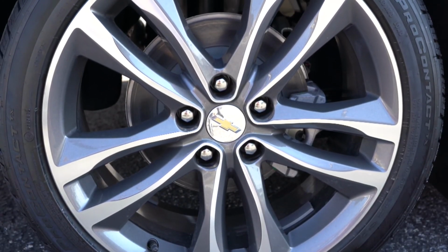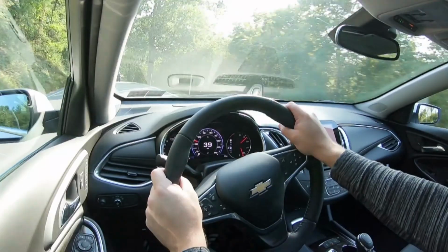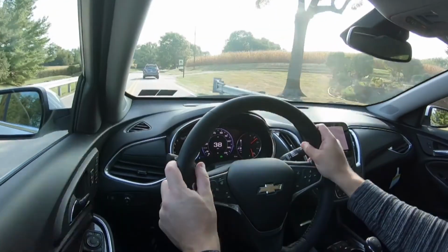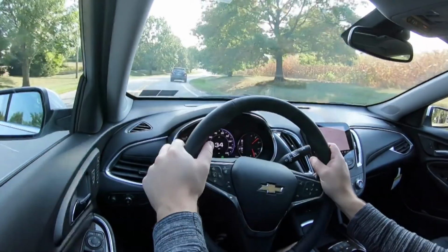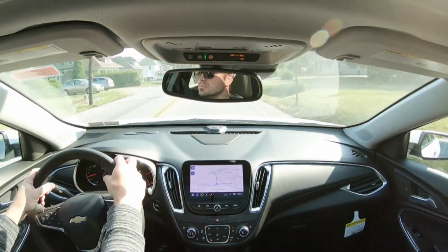Chevy always has something also called teen driver mode. And it's kind of a cool thing. It prevents your teen driver from turning off the safety features like traction control, for instance, and having a ton of fun. Anyways, if they were to do that, it will get logged into the system and then you would be able to see that. So it is a kind of cool setup that they got there, at least if you have a teen driver. But also available safety features for the Malibu will include adaptive cruise control, automatic parking assist,